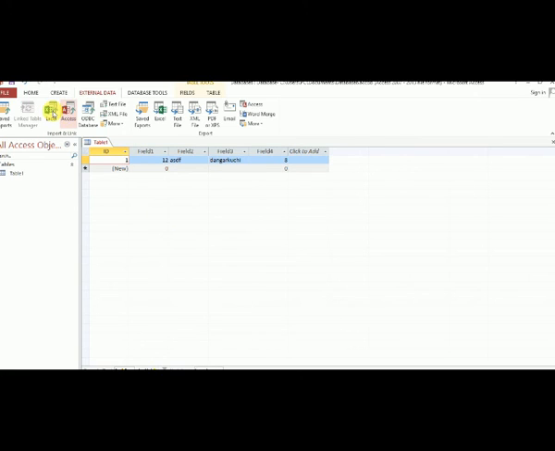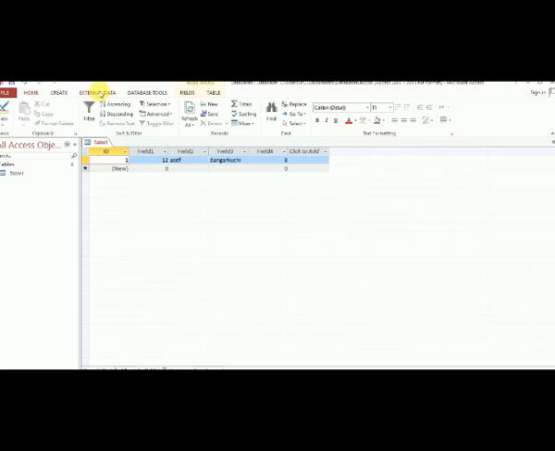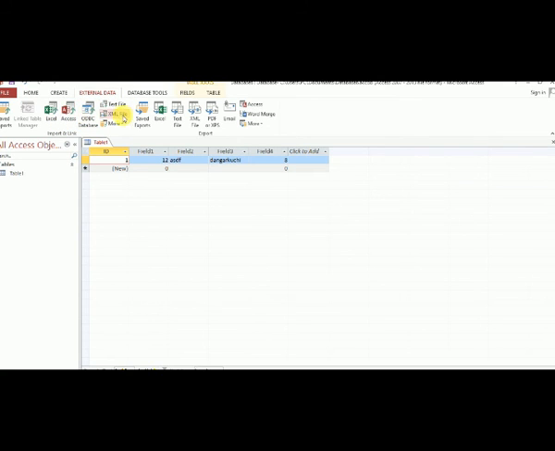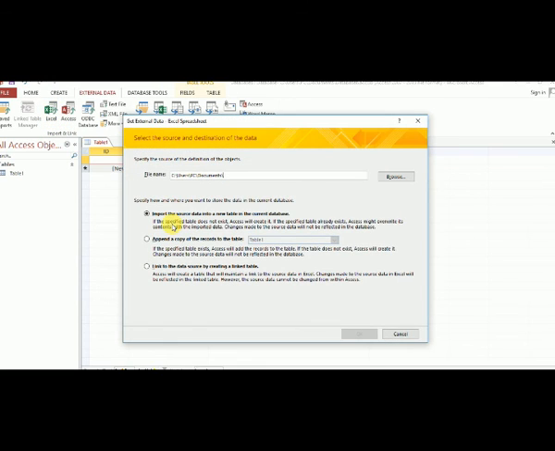Go to the External Data tab and, if you want to convert your database, suppose I want to use Excel. I want to convert this database to my Excel sheet. So Excel sheet, import or export. You already know import and export.